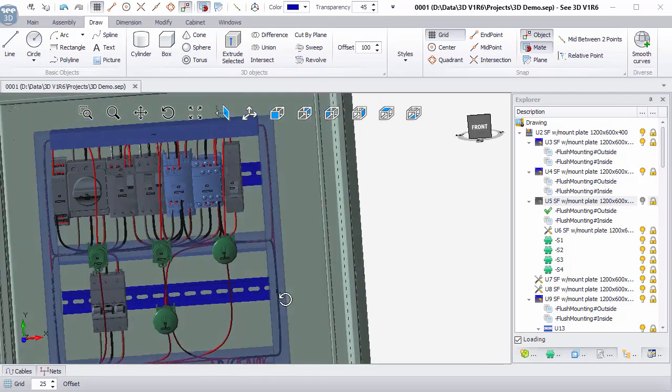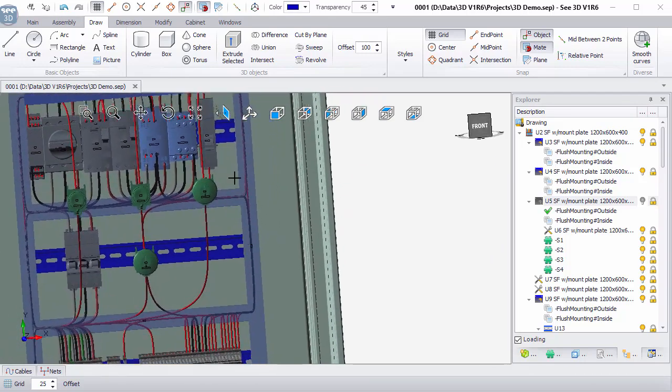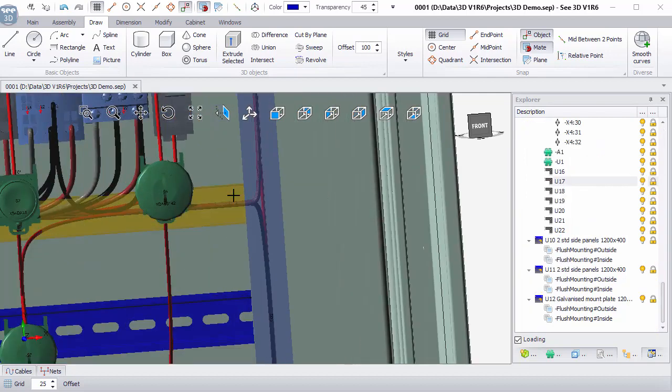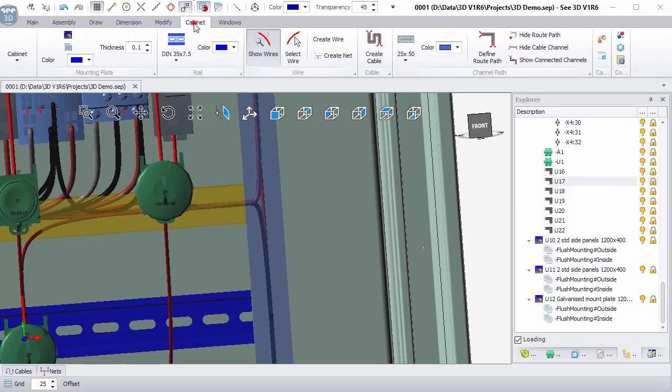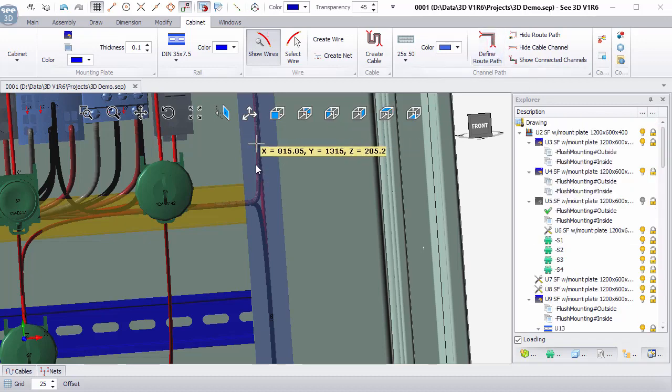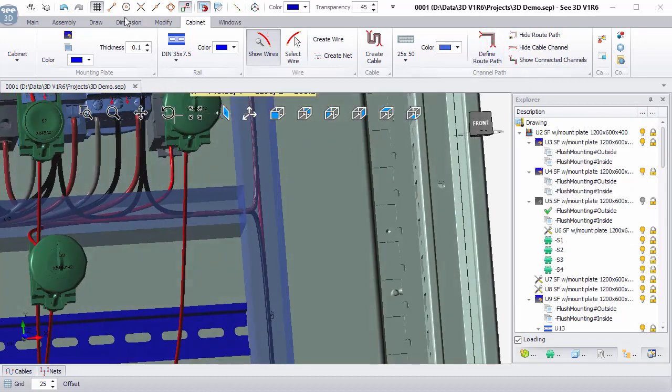So if I look from the top, I'm going to say take this out of this piece of cableway in the background, go across to the right and up the side of the door. Now to do that I can go back to cabinets and I can define a manual route path. So define a route path. Now to do this simply I'm going to turn on an endpoint snap and say right between a midpoint, so that's this midpoint between 2 points, between here and here,